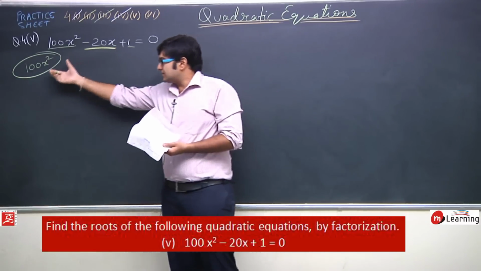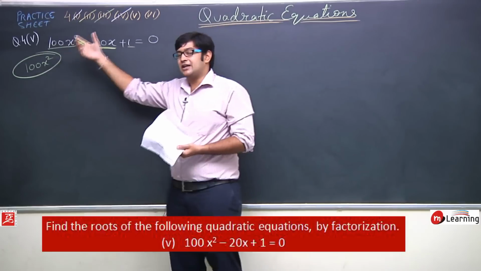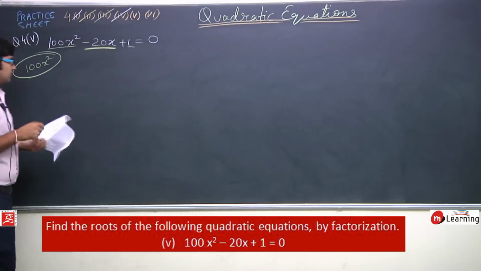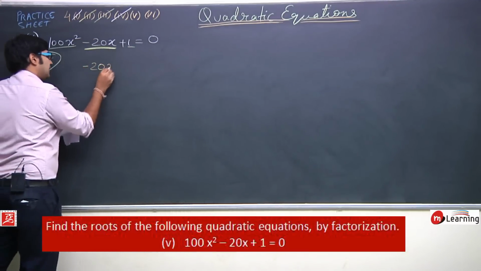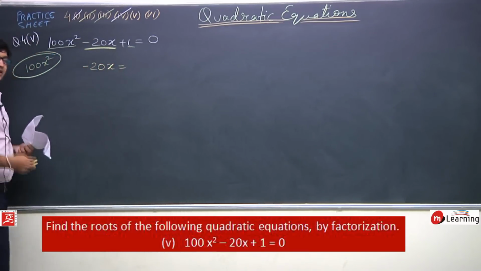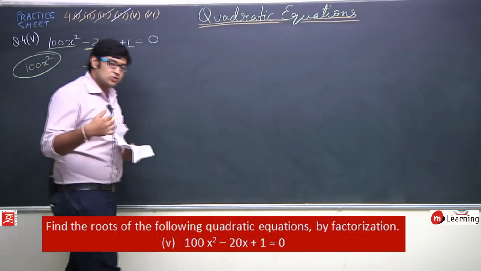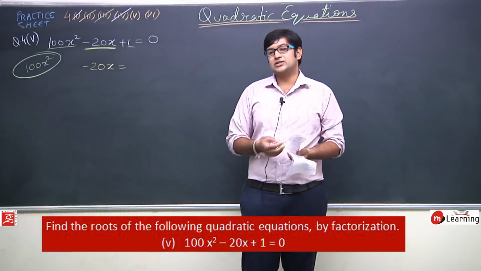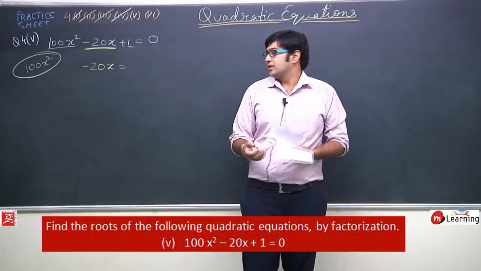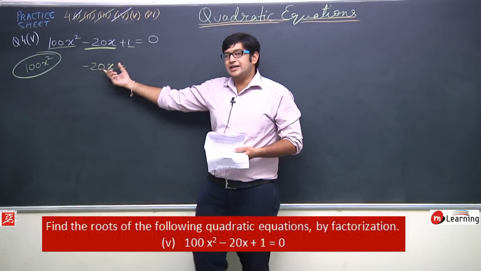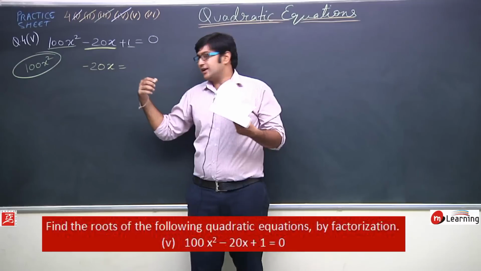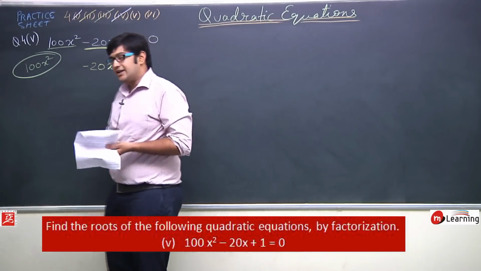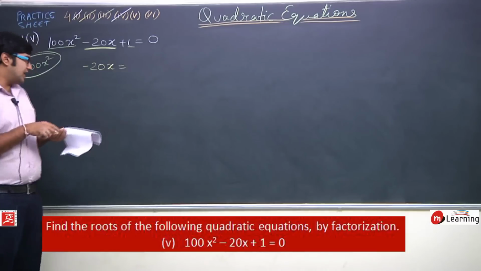Okay, the product is positive here, then definitely we have to do addition. Okay, so we have minus 20x. Minus 20x has to be split in such a way that the two terms obtained are getting added. They should add up. Now this minus 20x can be split in multiple ways. But which is important for us? Let us check them.